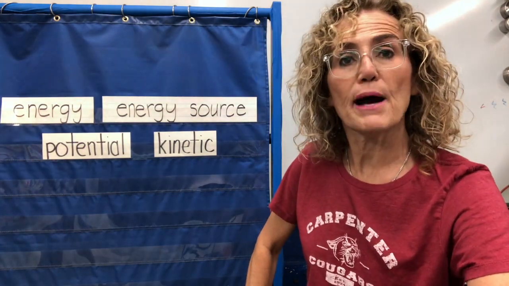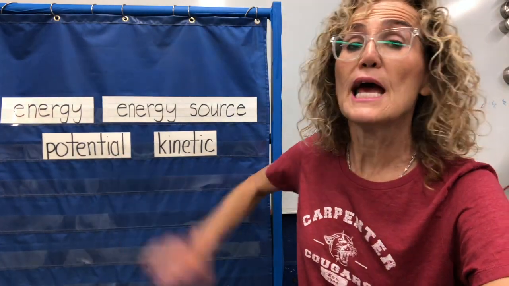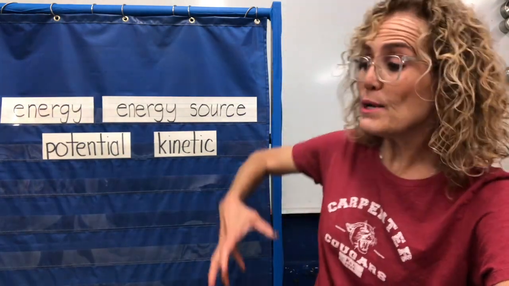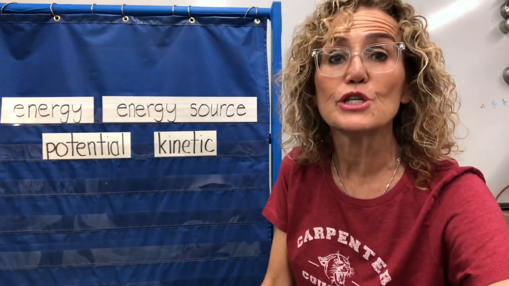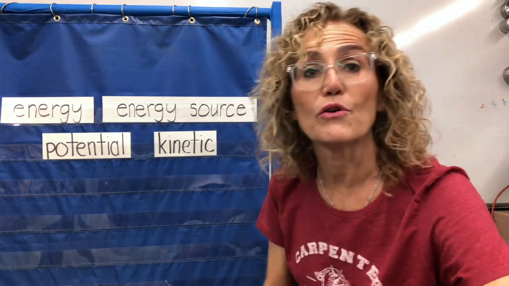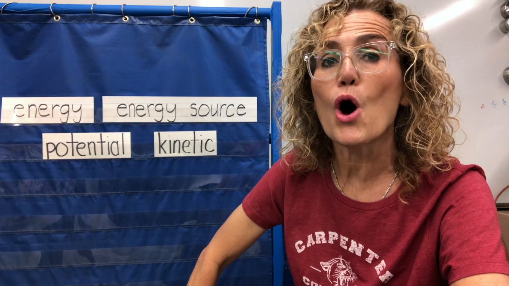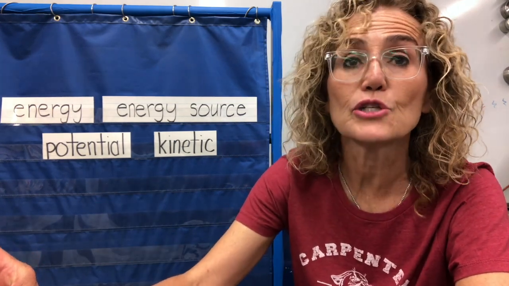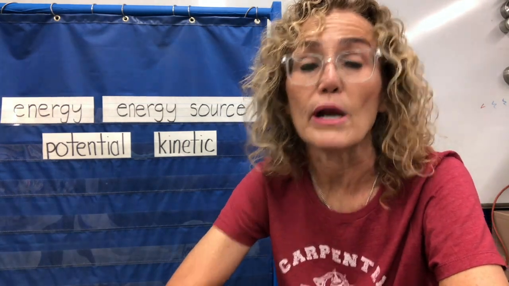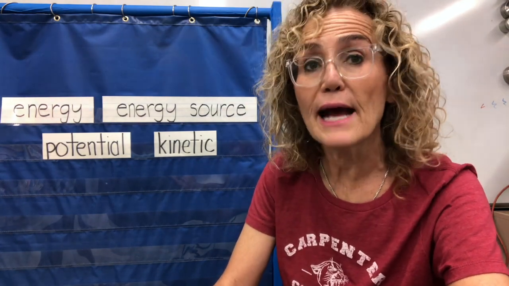Last week, we talked about two types of energy. Potential energy, the energy of position. If we take a ball and we raise it high in the air, it has more energy than a ball that's low on the ground. And we saw that with the ramp, right? When we had a ball low on the ramp, it had less potential energy and the ball moved slower. When we had a ball higher on the ramp, it had more potential energy and the ball moved faster.